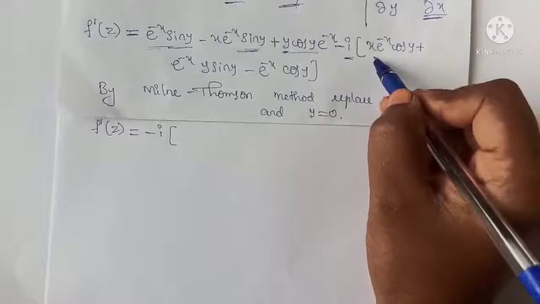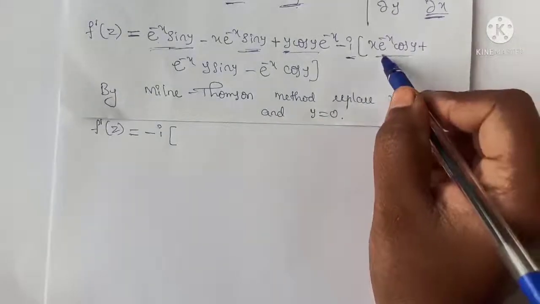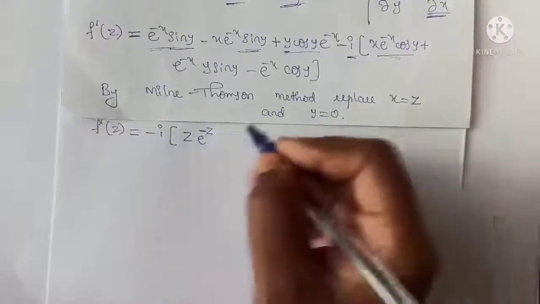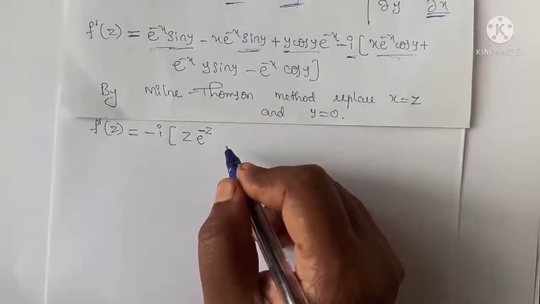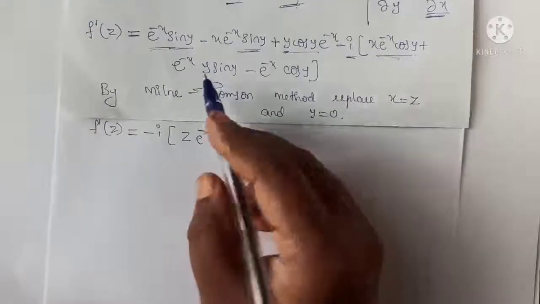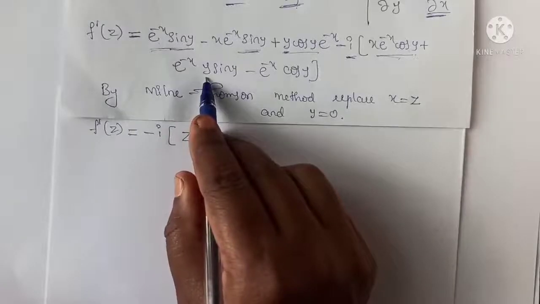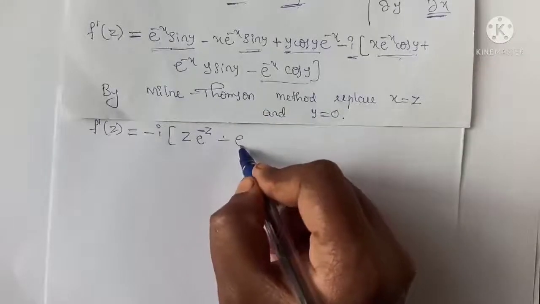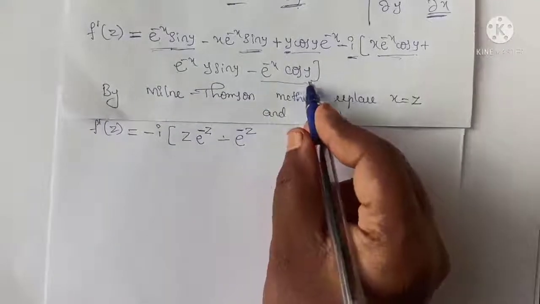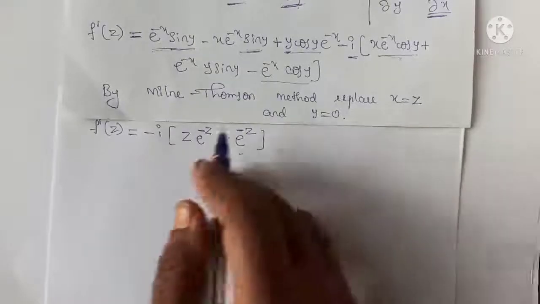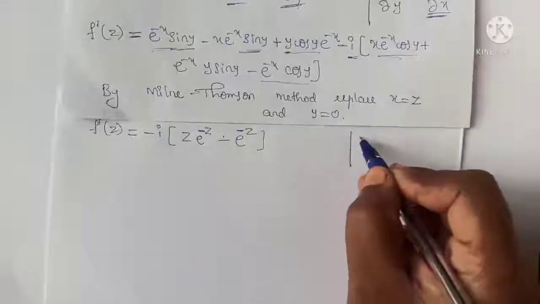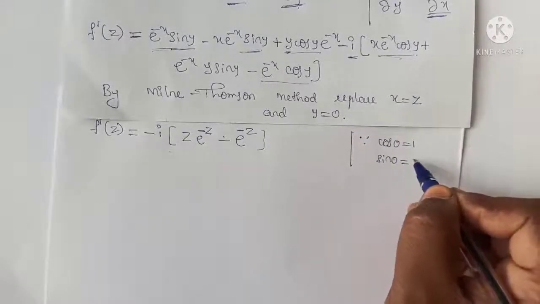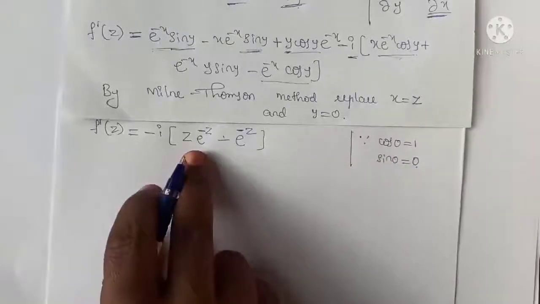Now check whether it contains y or sin y terms or not. Here it doesn't contain, so we can write it as z into e raised to minus z cos of y, meaning cos of 0, which is equal to 1, plus next, come to this term. Here y equals 0, therefore we get 0. Then we get this term minus e raised to minus z cos of 0 equals 1, right? So we get only these two terms, because cos of 0 equals 1 and sin of 0 equals 0.